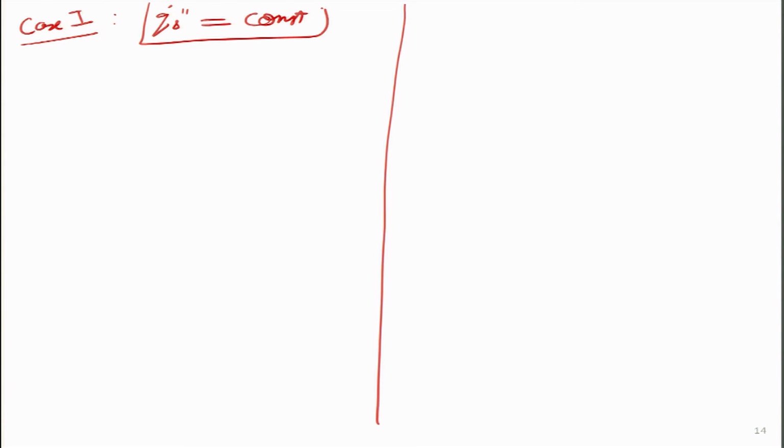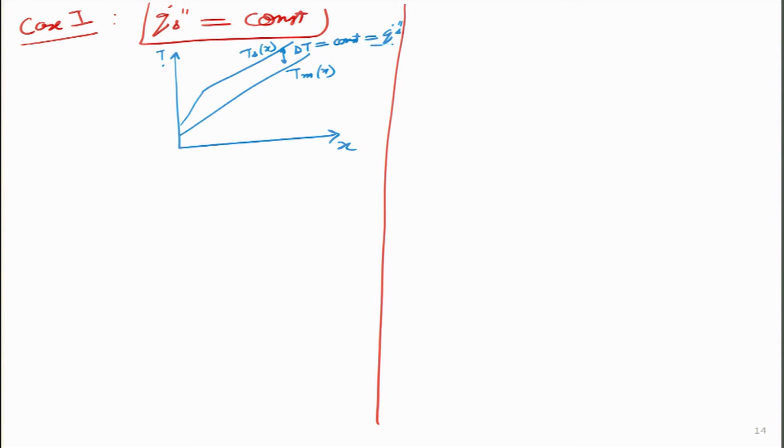So we have the constant heat flux boundary condition, and this one, students, remember from yesterday's lecture we have already shown that for this particular case, constant heat flux, I will draw it again over here. The temperature profile goes like this: in the fully developed region, this is my Tm(x), this is temperature of surface Ts(x), this is temperature as a function of x, and this delta T is a constant, and it is like q dot s divided by h. So we know all these values, and we had also written this set of differential equations.